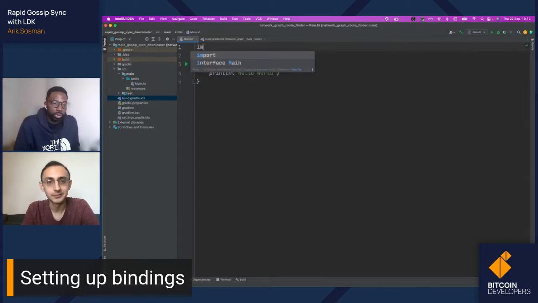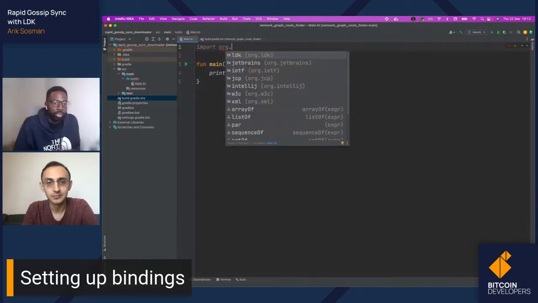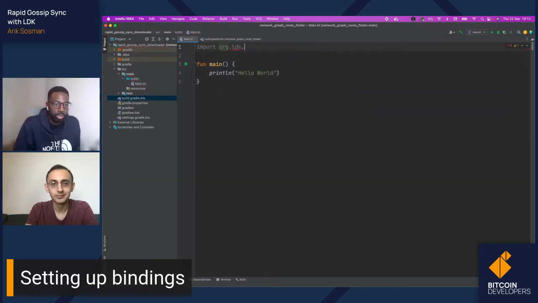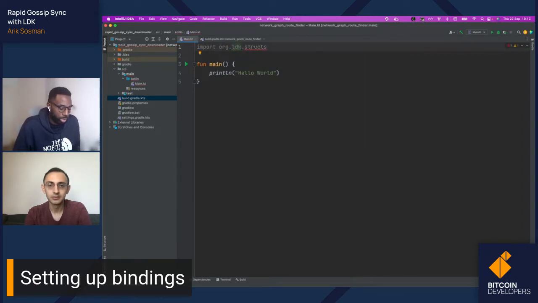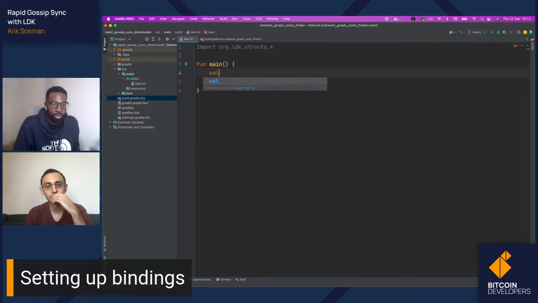You can just import, and I think use org dot, and then look, IntelliJ is doing the nice code completion for us, and we've got access to all of our structs and enums and utils and all of that kind of stuff. So maybe for now we'll just import all of our structs like this, and then to test that's worked, we can try to instantiate something from LDK just to make sure it's working.